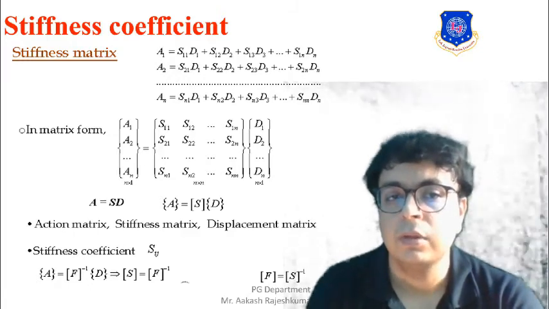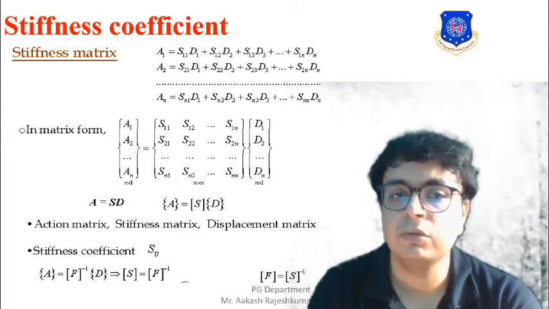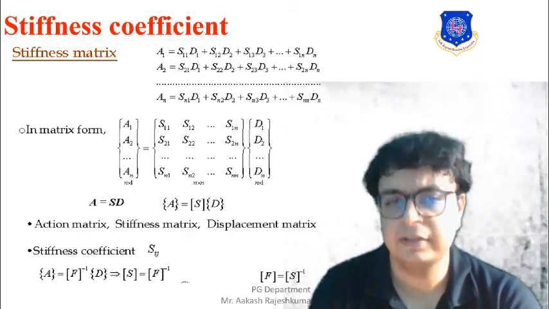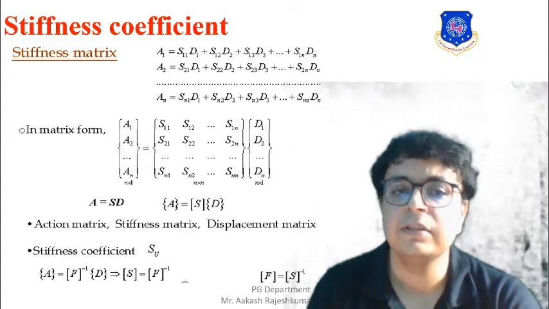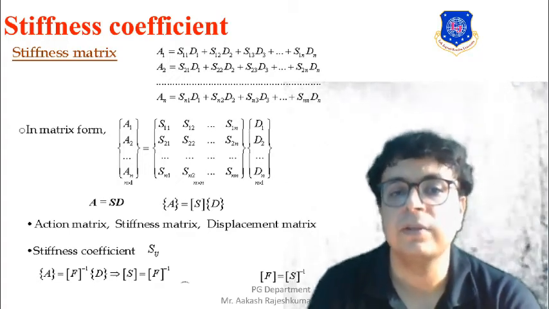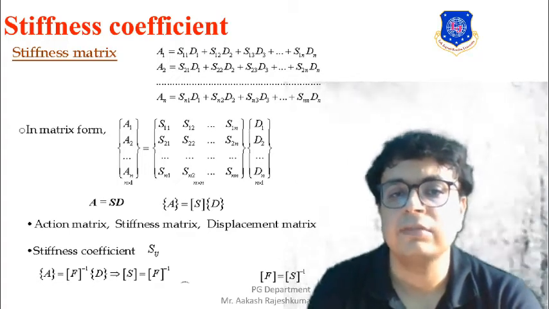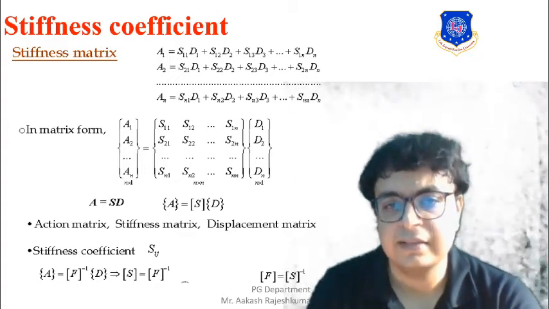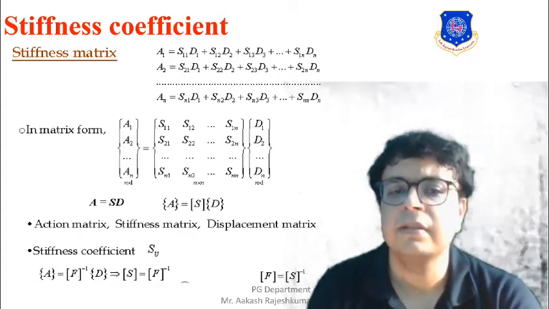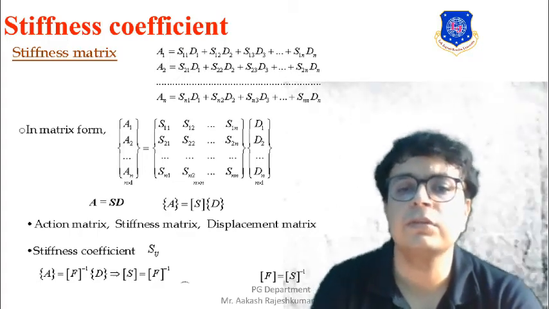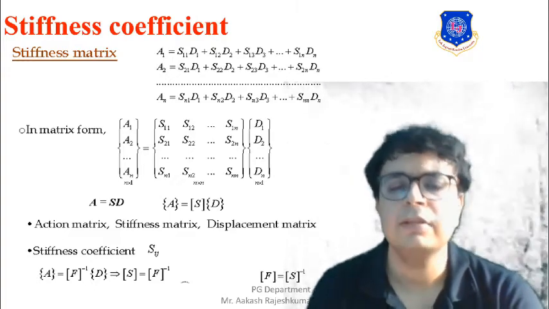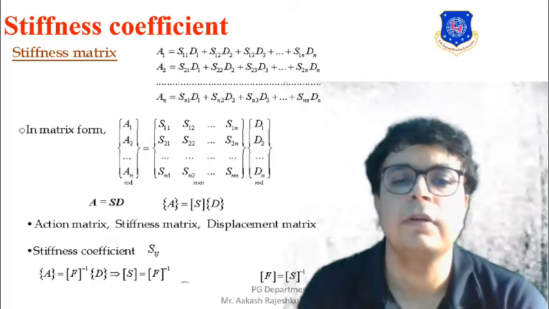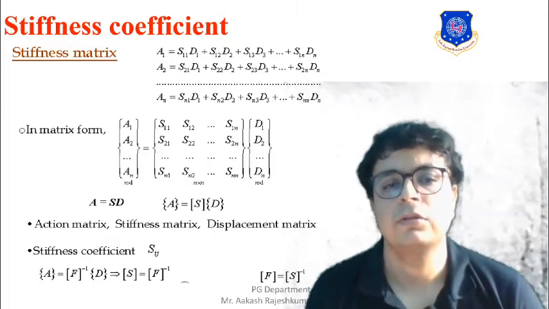So the matrix on the left hand side will be only A1, A2, A3. We'll be having only an n cross 1 matrix. It will be having only one column and n number of rows. At the same time, just to the right side of the equal to sign, we will be having first the stiffness matrix, where we will be having S11, S12, S1n, and Snn and Sn1. Basically, we'll be having a stiffness matrix of n cross n, means n number of rows and n number of columns. And finally, it will be multiplied with the displacement, means whatever the unknown displacements we will be having. So A is equal to S into D.